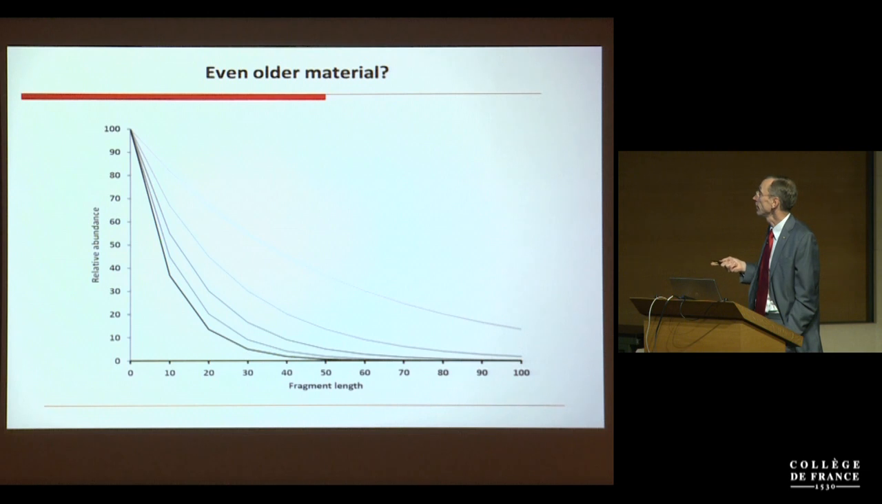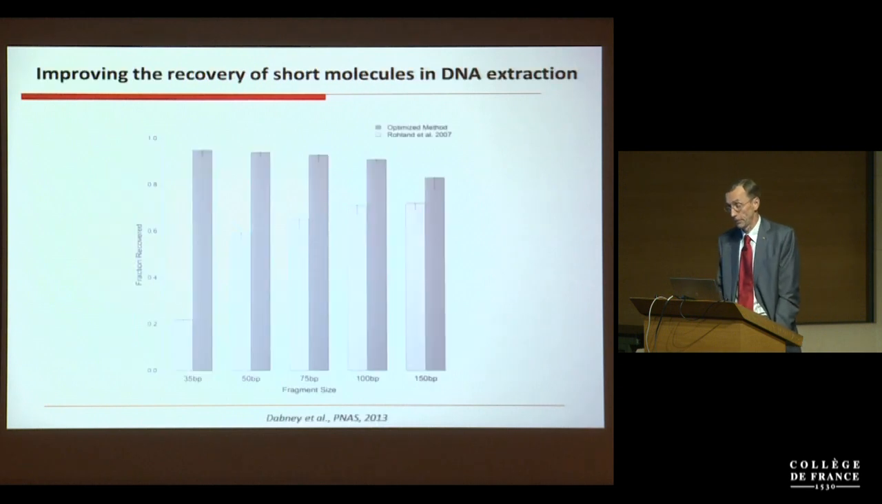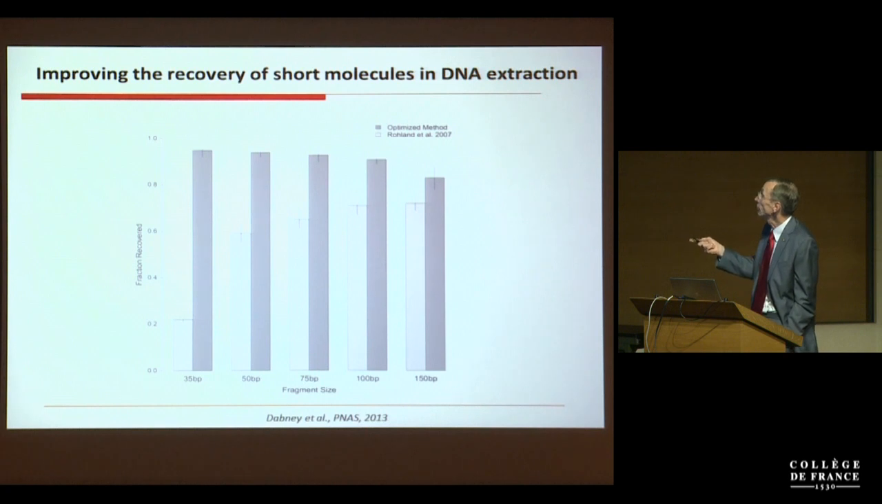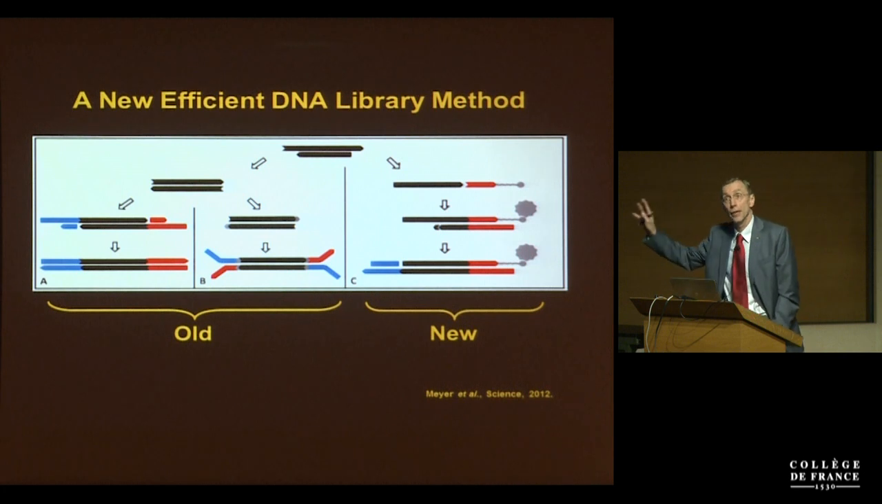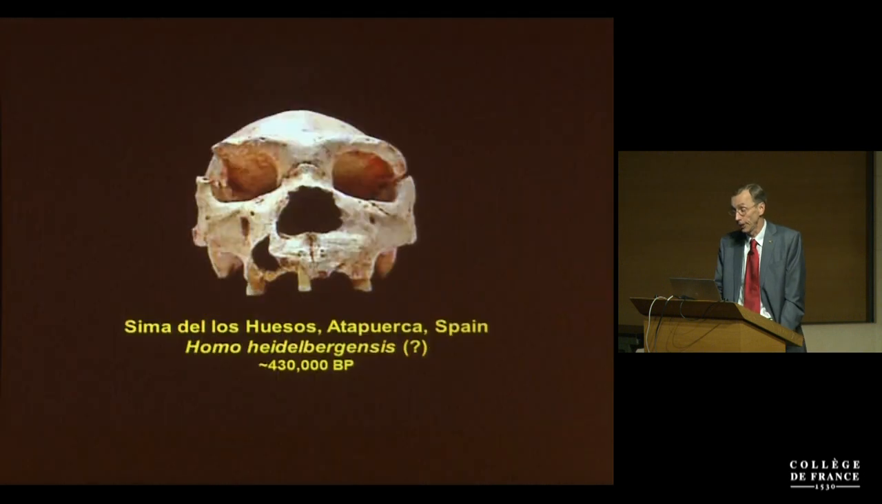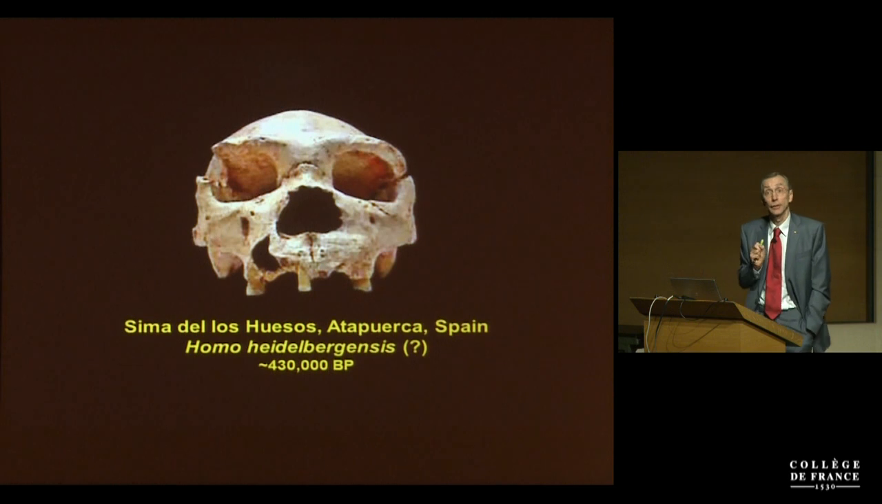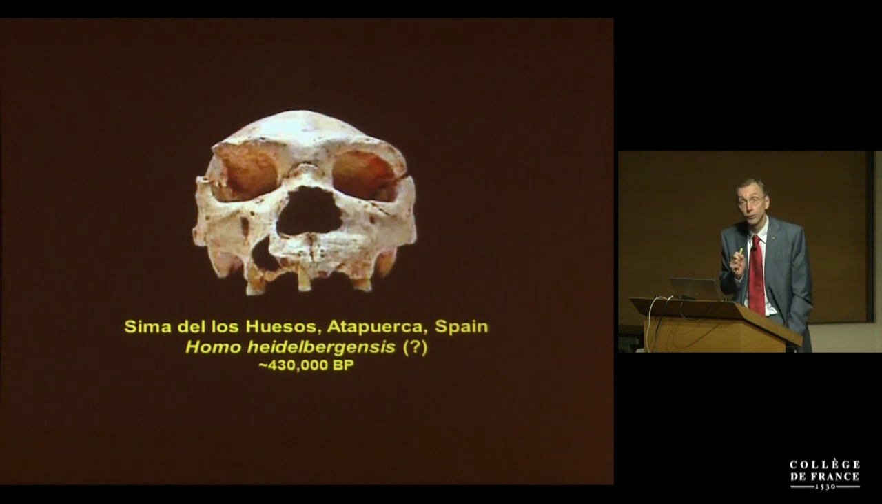The challenge is that as you go back in time, the fragment size of the DNA you have tends to get shorter and shorter. So we have worked a lot on methods to allow these really short fragments to be retrieved so we can sequence them, whereas other methods get less and less efficient the shorter you get. These new methods are based on looking at single strands of DNA rather than double-stranded DNA. And we have then applied it to this site that Jean-Jacques mentioned, Cima de los Huesos in